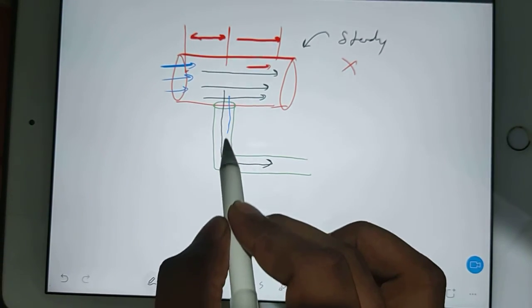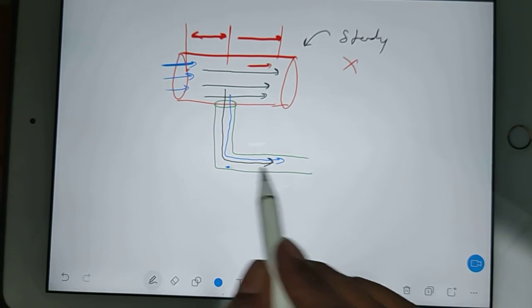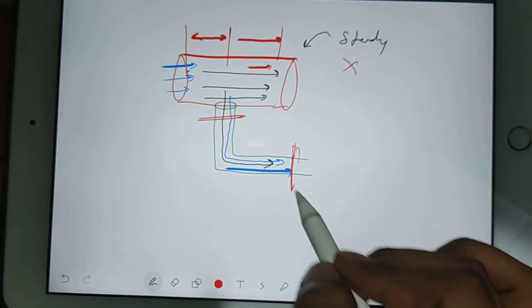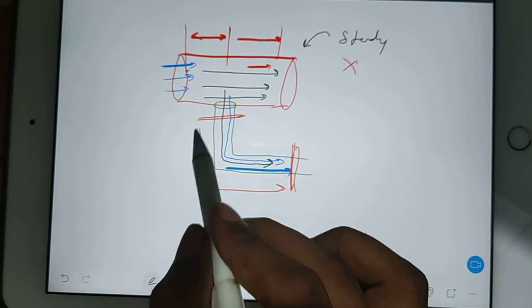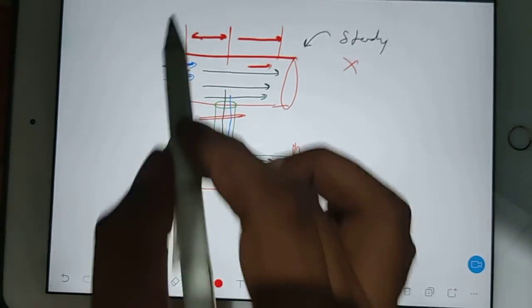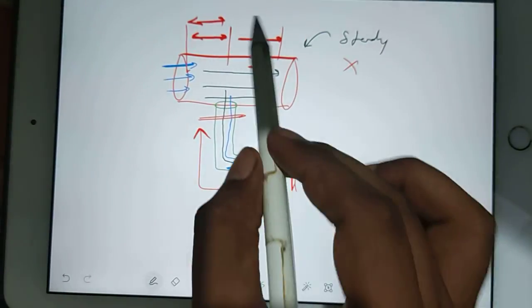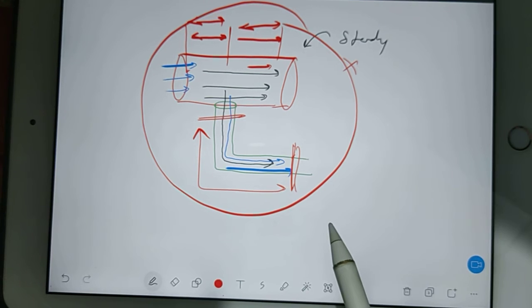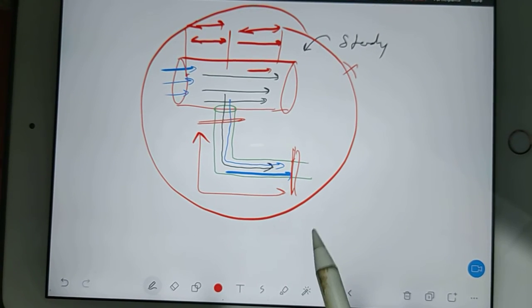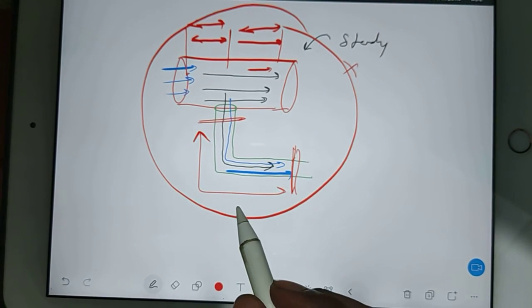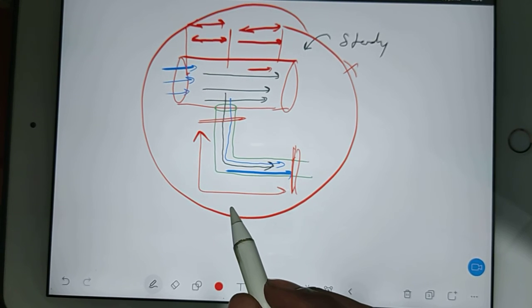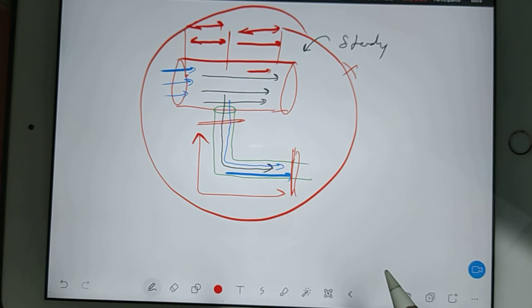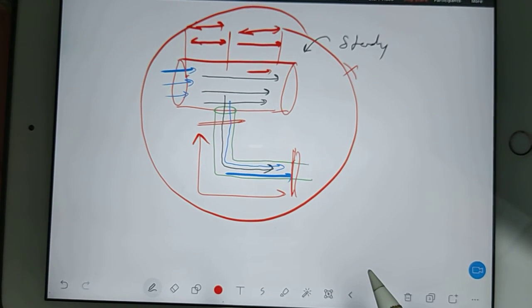Some mass, whatever is coming in this direction, is giving a new flow. So from here to here it will behave like a steady flow. From here to here, steady flow. From here to here, steady flow. But overall it is unsteady flow. So we should know how to balance energy at every section. Again, it is very, very easy. You can clearly understand at which section which mass is entering.